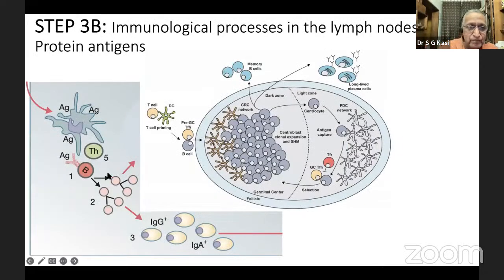Next, let's look into what happens when a protein antigen reaches the lymph node. Things are very different. Initially, like a polysaccharide antigen, it enters and produces small quantities of IgM type of antibodies. But what is more important is some of these activated B cells, under the influence of these T helper cells, which in turn have been activated by the antigen-bearing dendritic cells, move towards the T cell zone and establish friendship with what is known as the pre-germinal center T follicular helper cells. This combination then moves towards the T cell zone, giving rise to the germinal center reaction.